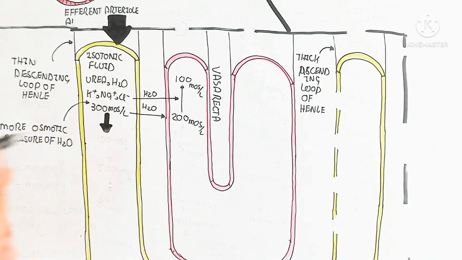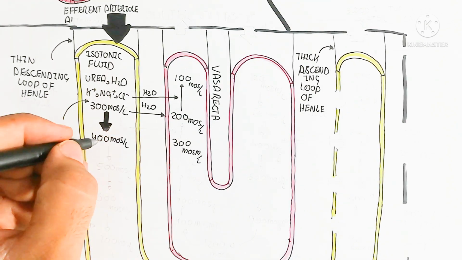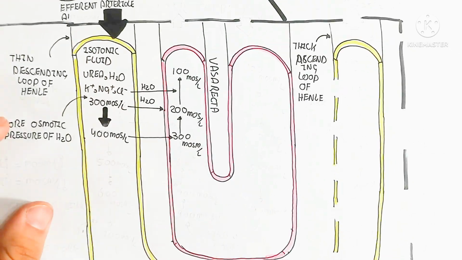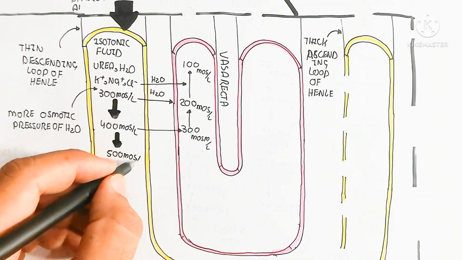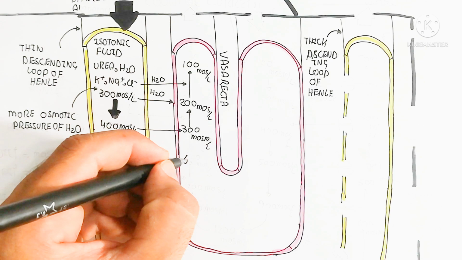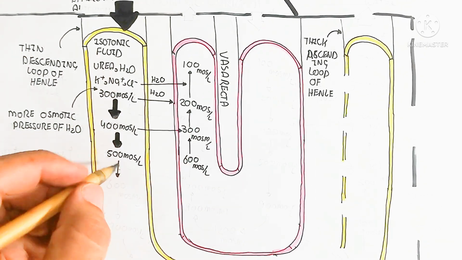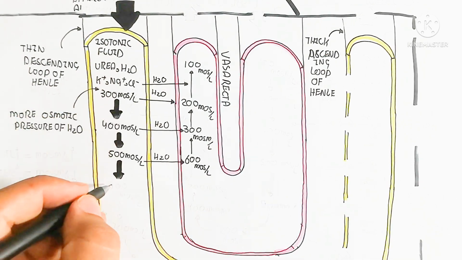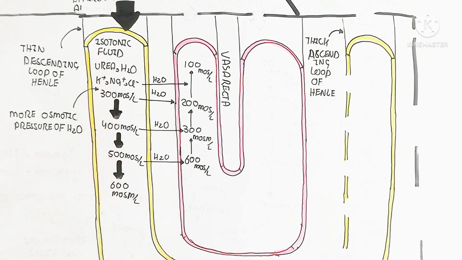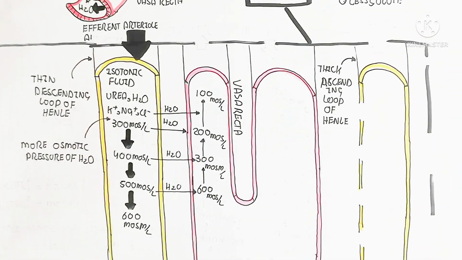For example, 300 milliosmol per liter means it contains a higher amount of water, so water moves toward the vasa recta at 200 milliosmol per liter, which means less increase in the water content. The 400 milliosmol per liter will be created due to the decreasing of the water, which leads to a continuous increase to 500, 600, and in this way the vasa recta